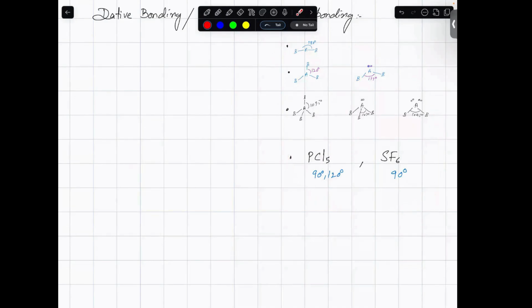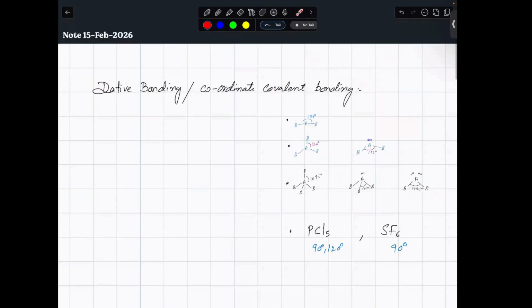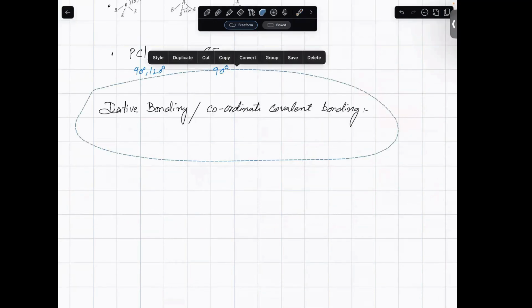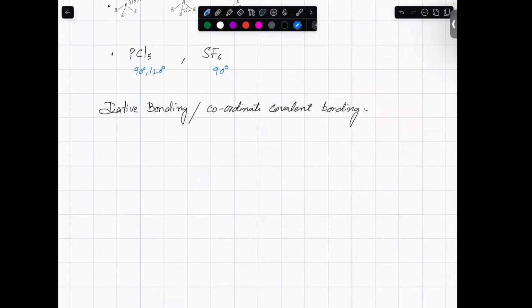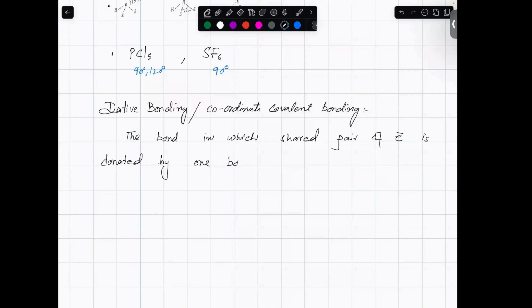Now, we are starting what? Dative bonding. What is dative bonding? Dative bonding is the bond in which the shared pair of electrons is donated by one bonded atom